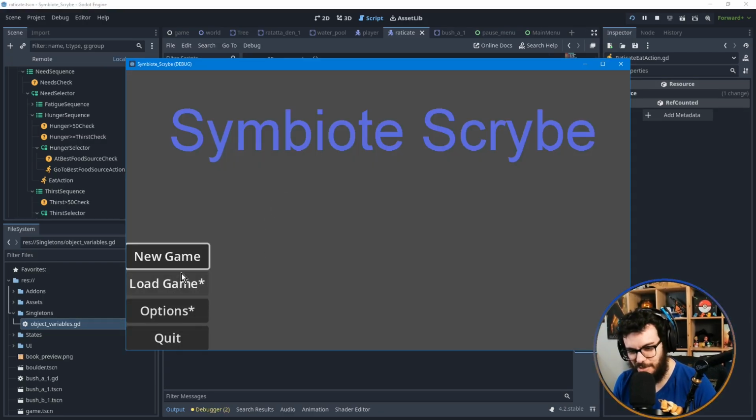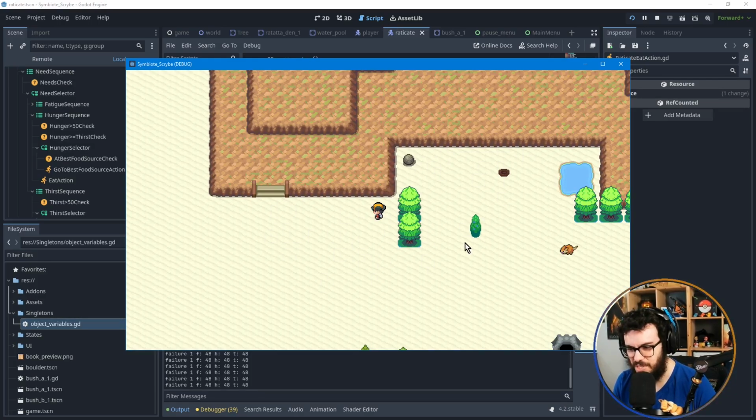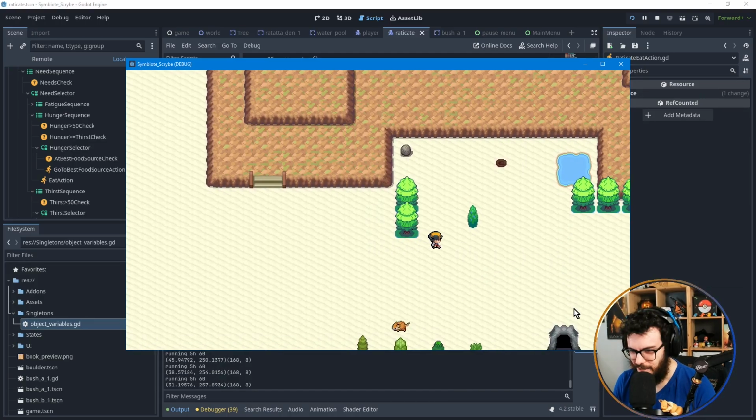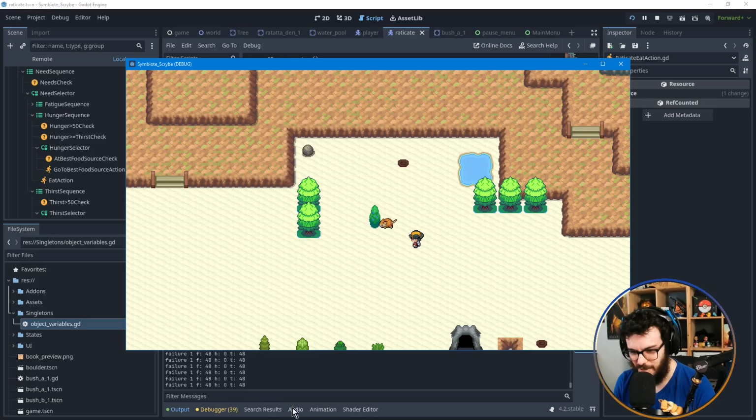Once I figure out how to load and save data, I'm gonna set this back to the main scene so I don't have to ever see the menu. All right, yep, you have to go down there for some weird reason. You think that's the place you gotta go. Okay, so